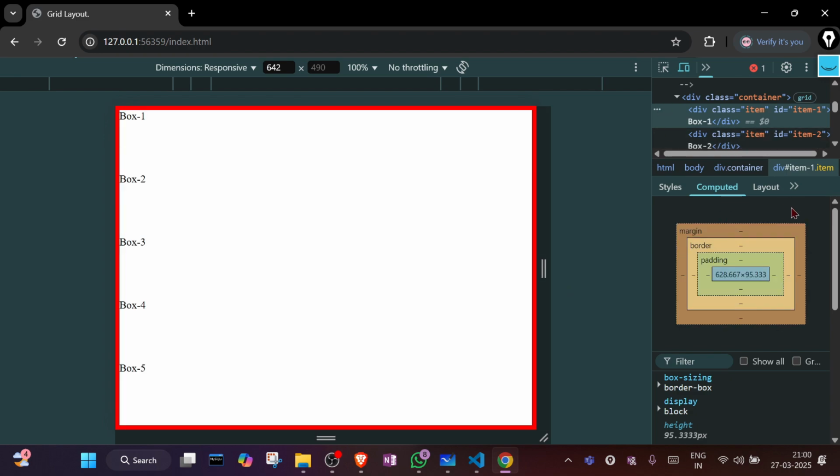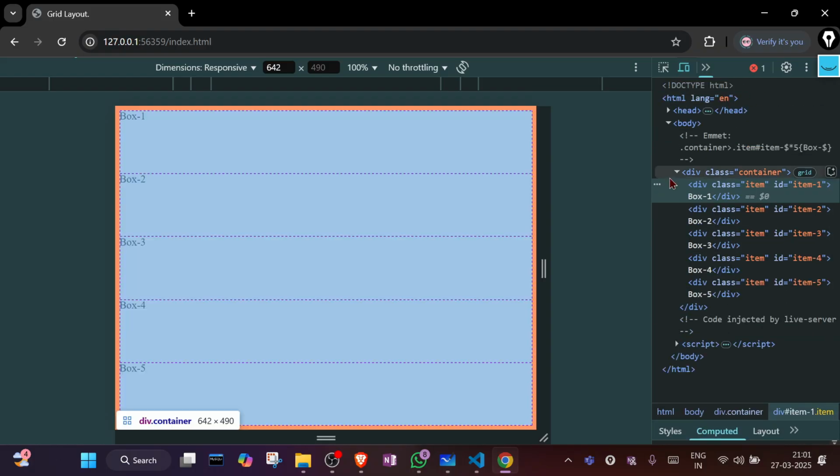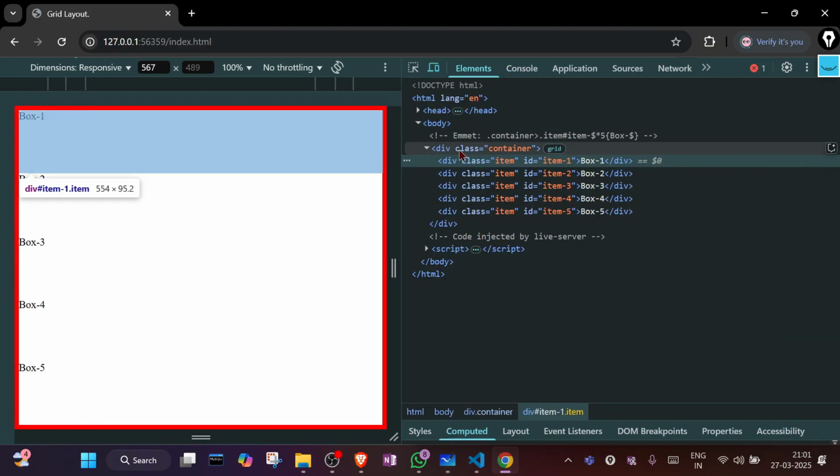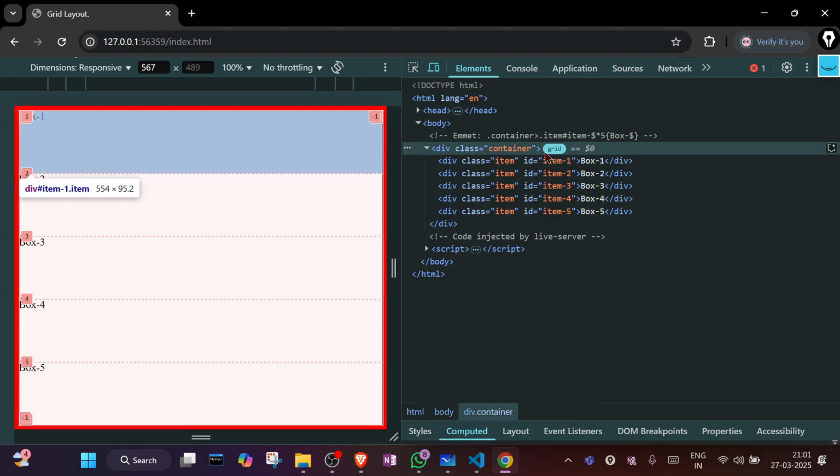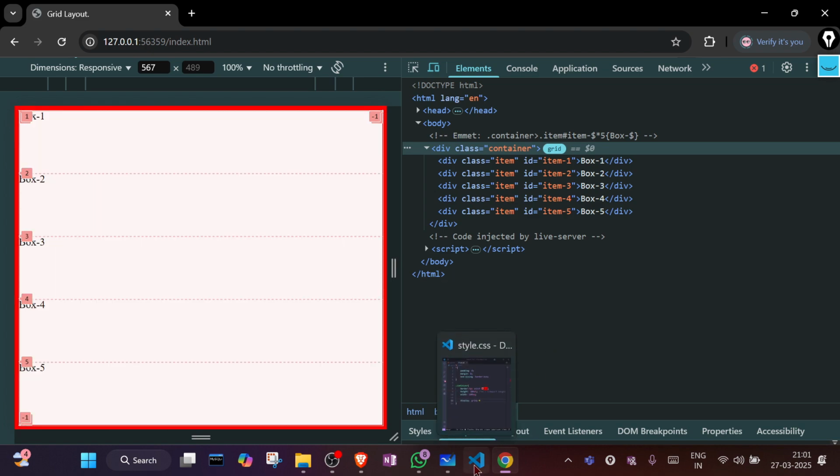Okay, so here you will see, try to observe here. Let me just keep it down here. Okay, so here you will see what we are getting. We are getting this grid, and these grid lines are coming. Line 1, line 2, line 3, line 4, line 5, okay, till line 5 it is showing. Right? So if I remove the grid from here,